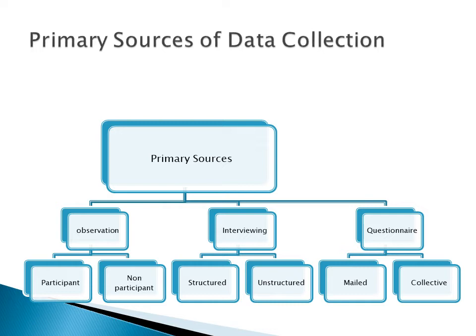Observation is basically something with which we start research, because when we observe something different, something new, we write it down. Mostly in research where we explore some phenomena, this method is used. Observation is further divided into two types: